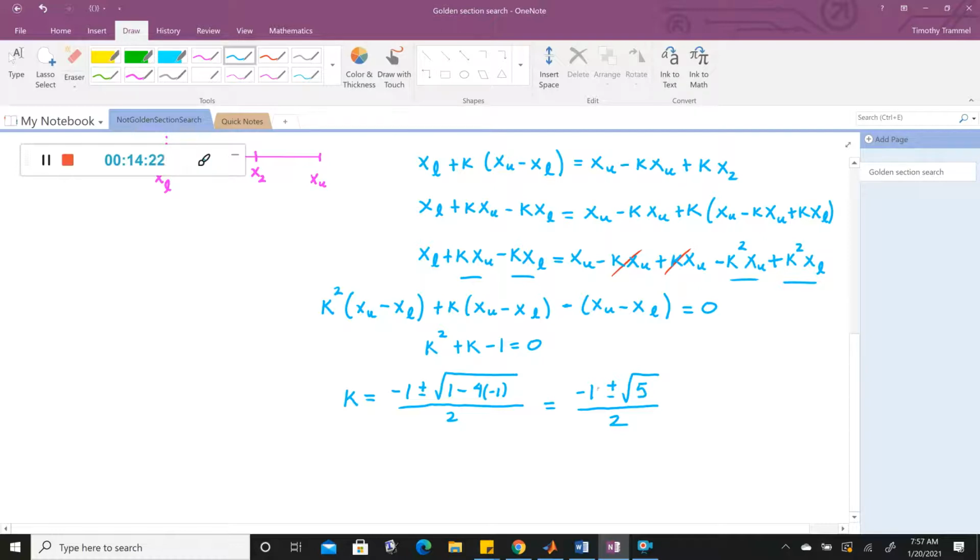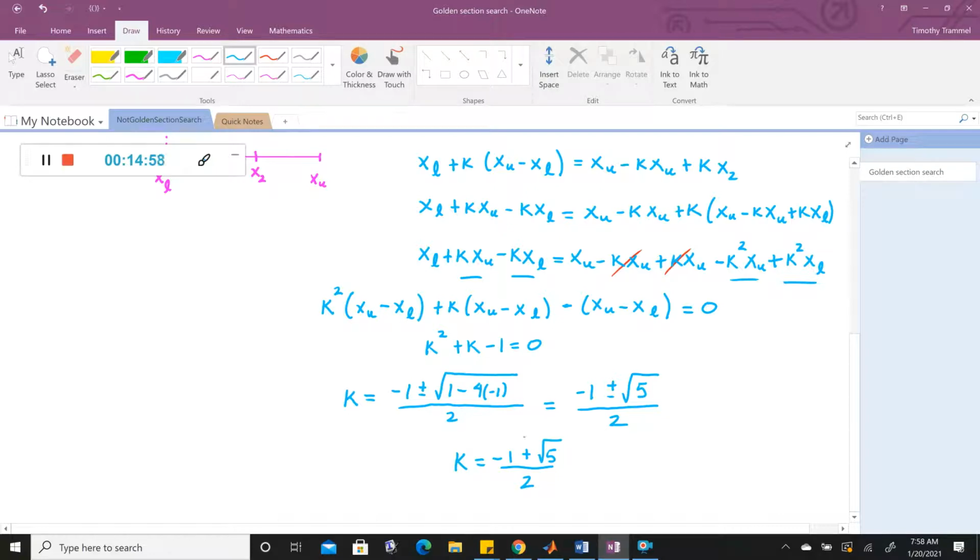All right. And the next thing to note here is that one of these values is going to be negative and the other one's going to be positive. Yeah, one of these will be negative, one of these will be positive. So one of these is going to make sense and the other one's not going to. Okay. So what we're really going to be looking at here for k is the minus 1 plus the square root of 5 over 2,